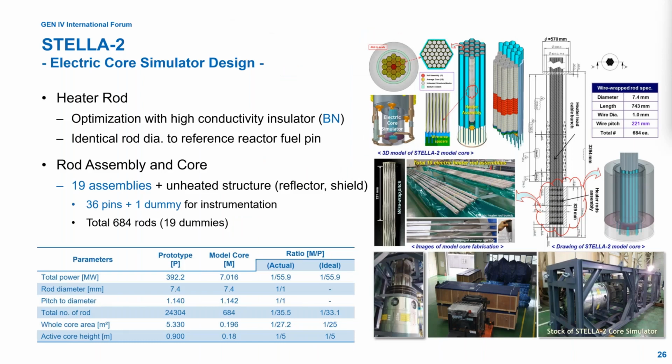So let me start with the core first. It is obvious, using an electric heater instead of actual reactive nuclear material. Instead of just a block heater, which also works, we designed it to have the same geometry. There are rods, wire wraps, and hexagonal assemblies with wrapping duct. And each assembly has one dummy rod for instrumentation at the center. So it is quite a complex system rather than just a heater. So many details are in this slide. Next slide, please.